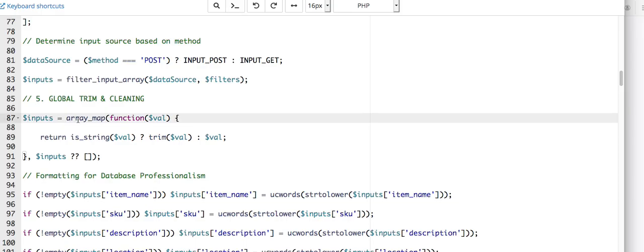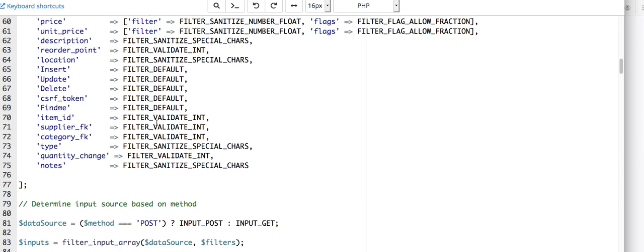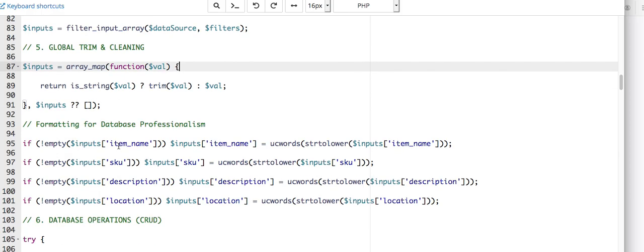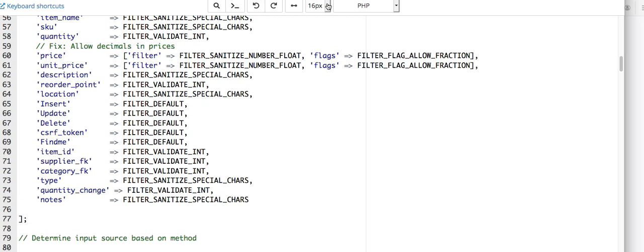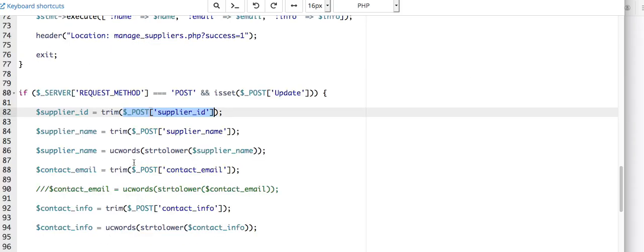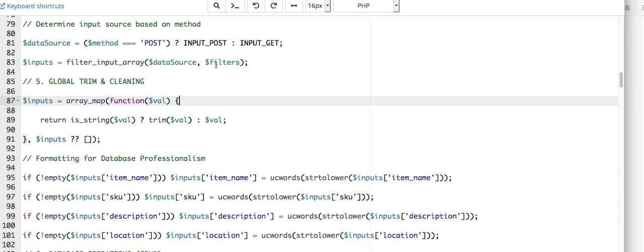Then if I went over here and I said, oh, let me see, I want an array map. You want all the function, the actual values that you get from here, right? The values. And instead of string, you trim it anyway. Look, it's doing it for you, really. And then that's the value. And then in this situation, I did it myself. Okay. This was just to cut on the space and the number of